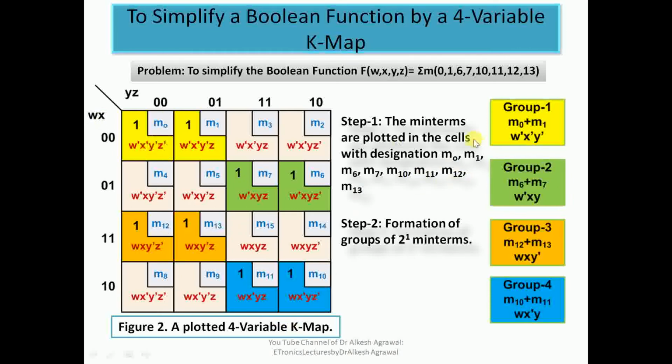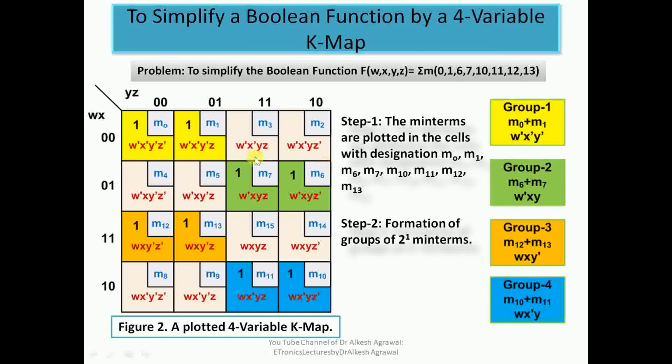So if we combine M0, M1, we have to focus on these two cells for WX and for YZ. So here WX is fixed to 0, 0. So in the solution we have W bar and X bar because these values are fixed, not changing for these two cells. But now we focus on the value YZ. For YZ, Y is fixed to 0 and Z is changing, so Z will be removed, and what we get is Y bar. So the final expression is W bar, X bar and Y bar. So here I have written W bar, X bar and Y bar.